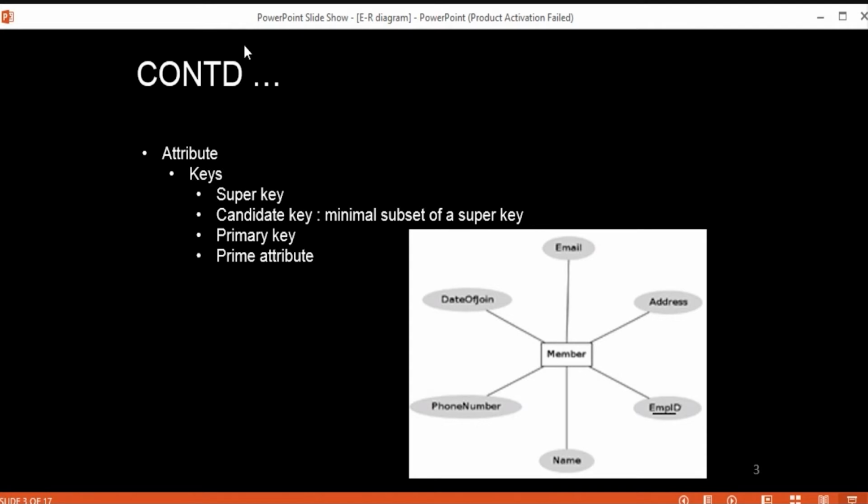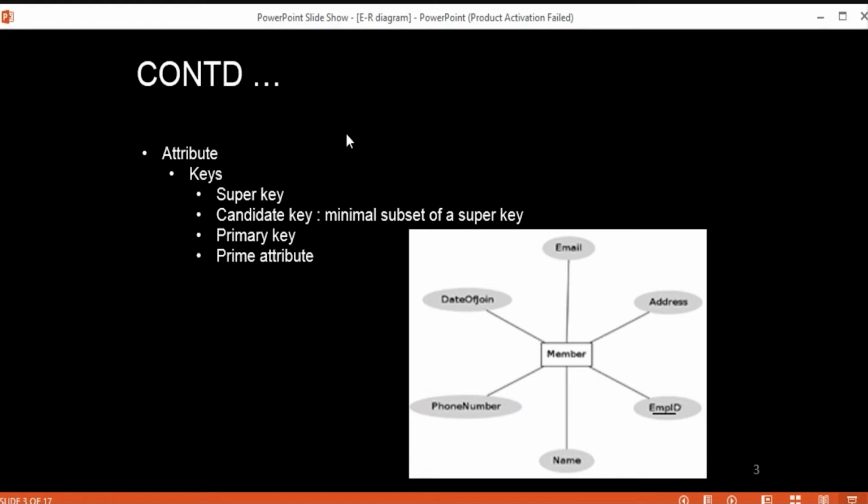Now, there are many attributes. One or more attributes of an entity set can be used to define keys, starting with the super key. What is a super key?